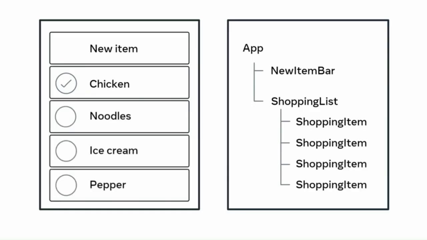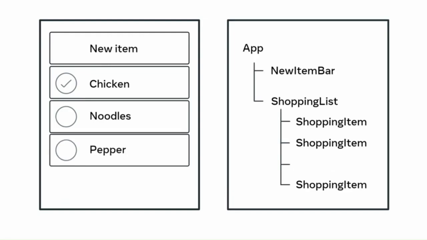Even though the item itself might be different, such as chicken or noodles, it is displayed in the same manner as other items. Therefore, you can reuse the shopping item component to display multiple items. When a user ticks off the items, the list will update and remove the corresponding shopping item child component from the shopping list component. Now that you understand the component hierarchy, let's explore how a website can be broken down